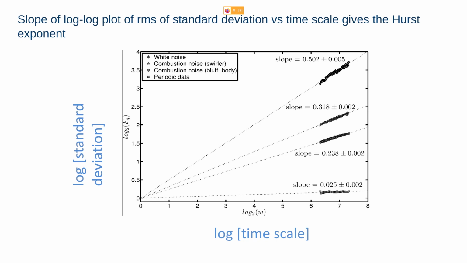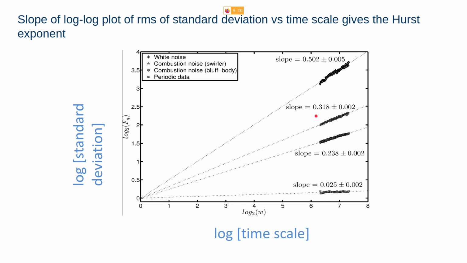So when you are plotting the log plot of the standard deviation versus the time scale for these systems, for white noise, as we have seen, the Hurst exponent is nearly the slope of 0.5, plus or minus 0.005, pretty near to 0.5 here. And when you have combustion noise with a swirler as the flame stabilizer, you will see that the values lie at nearly less than 0.5,